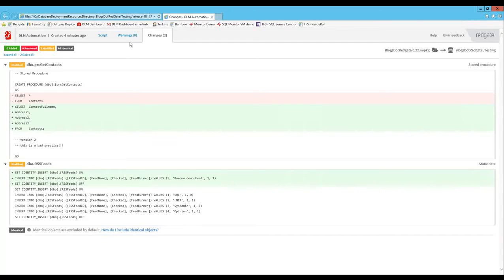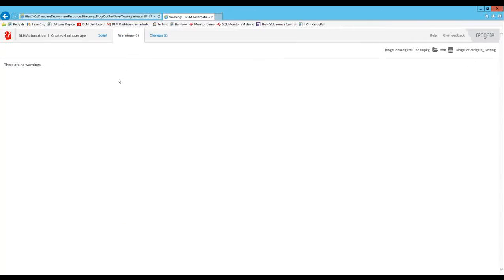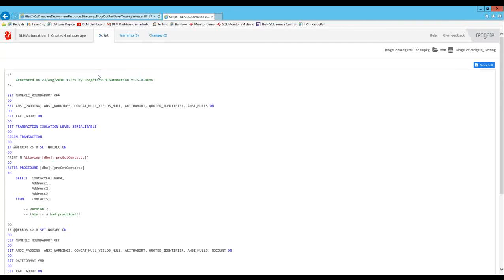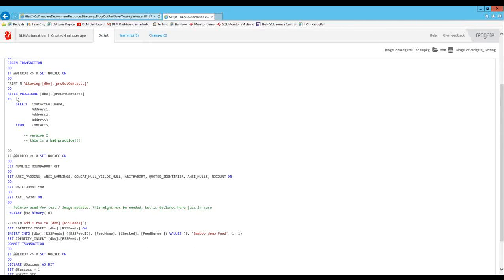If there are any warnings, our compare engine would throw warnings if there are changes that could result in data loss or deployment errors, so you would see those here. In this case, we don't have any of those. And finally, the actual deployment script that got executed on my test